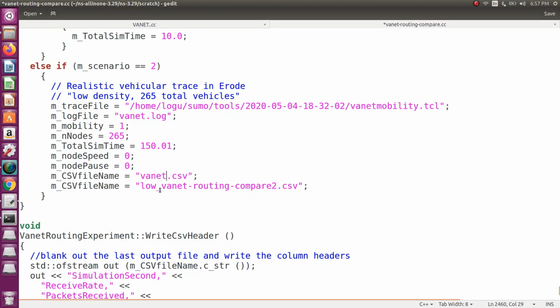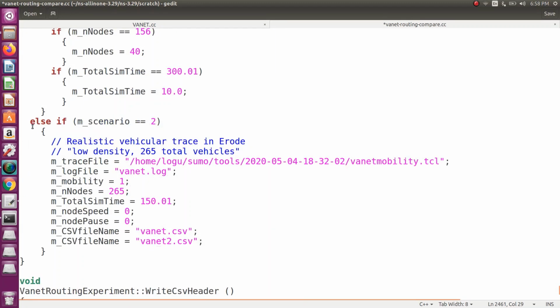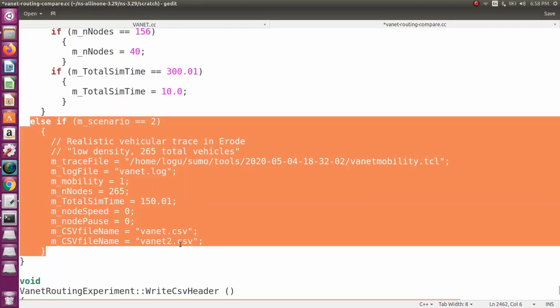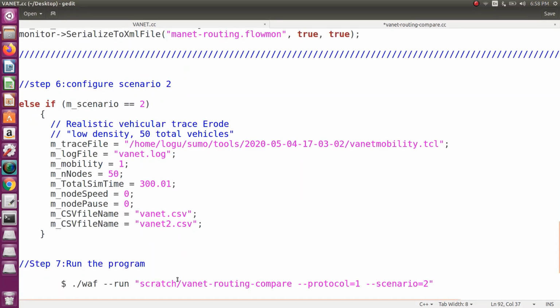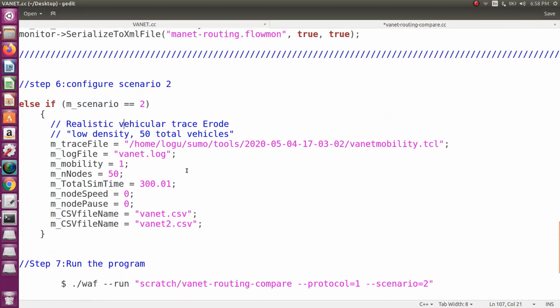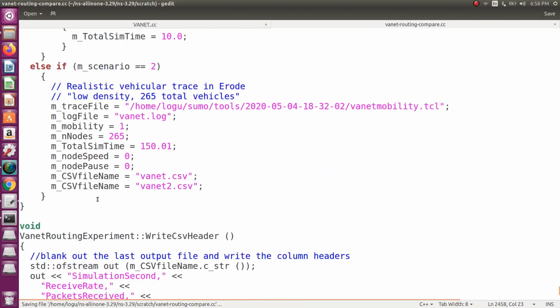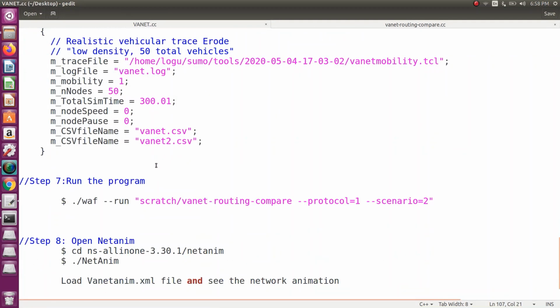You can change VANET.csv, then VANET2.csv. Like that you have to configure your scenario 2. So this is our 6th step. That's all for configuring everything in your program files.